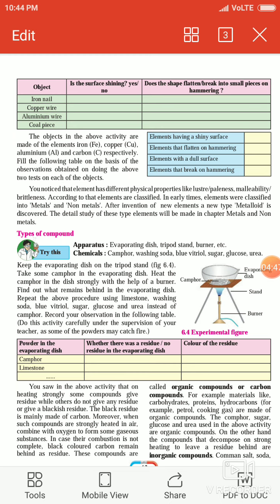Various atoms in the molecule of compounds are joined by chemical bonds, known as